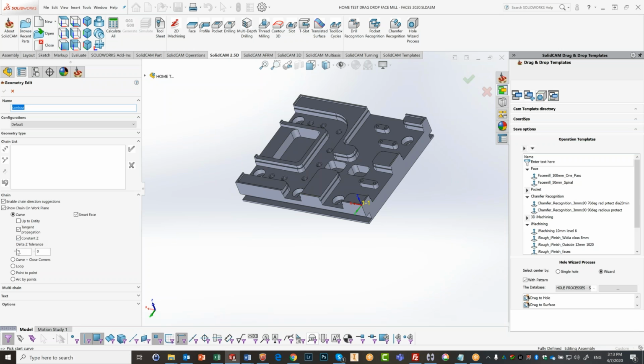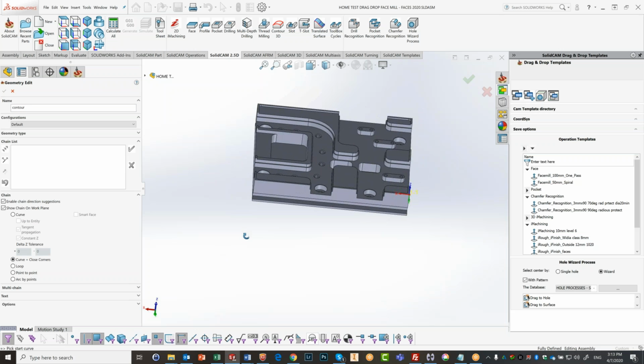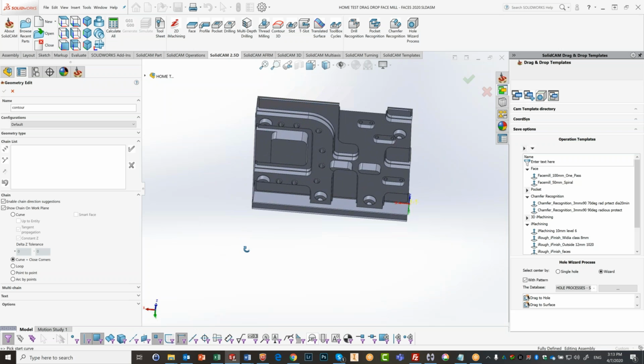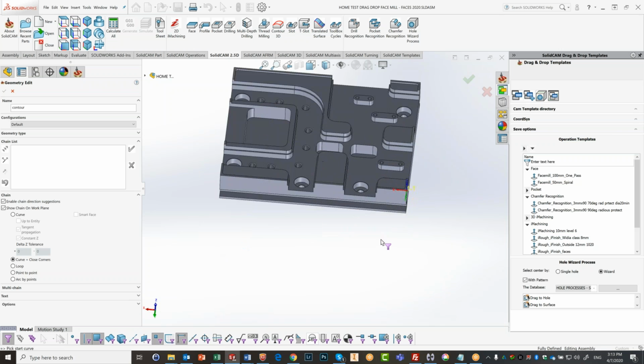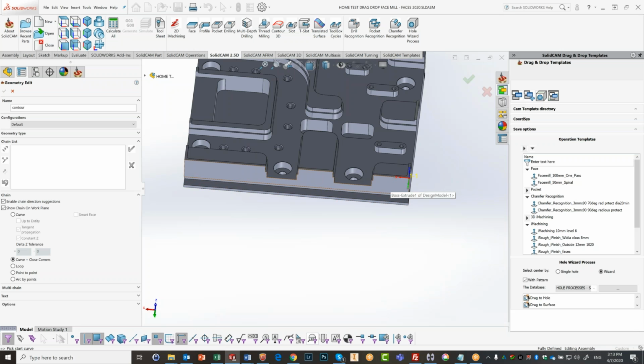Down at the bottom, we have here curve and closed corners. What does that do? In this particular case, you may not be able to see it. Ah, yes. If I were to pick this line here,